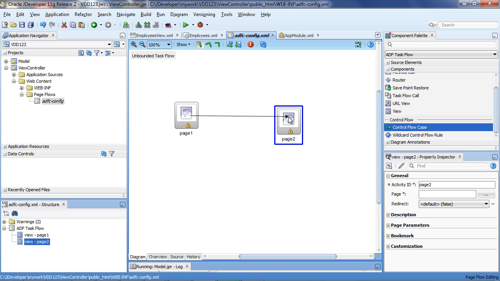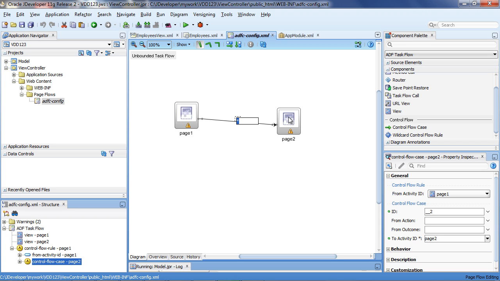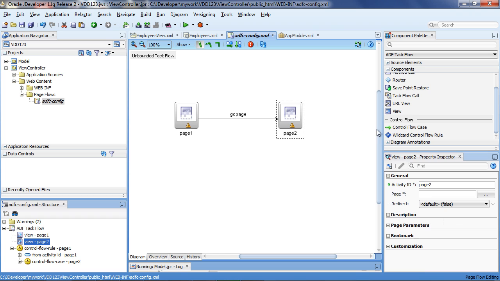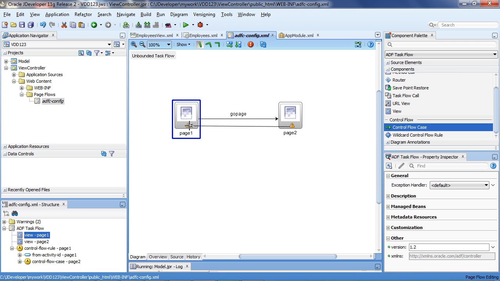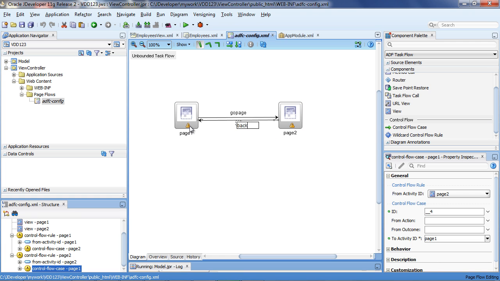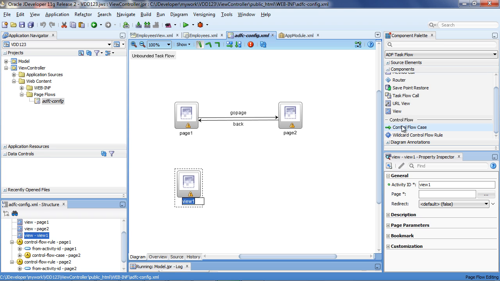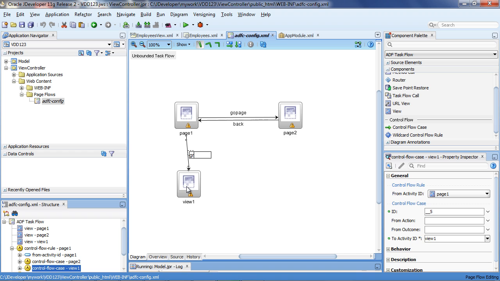So I've got page 1, and page 1 happens to navigate to page 2 on some action called go page, and then it navigates back as well. So we haven't actually created the pages yet, but here's the flow, and we can build up quite complex flows of applications using this technique.